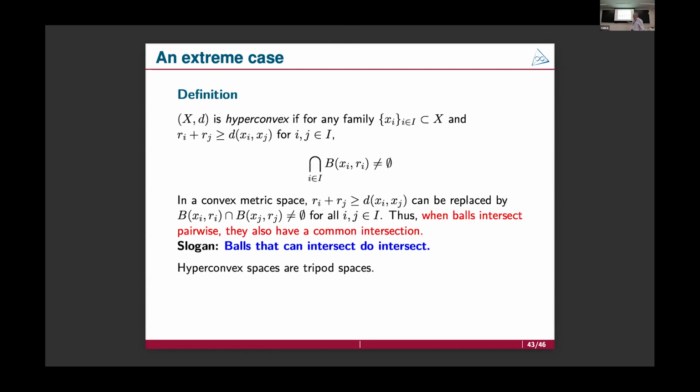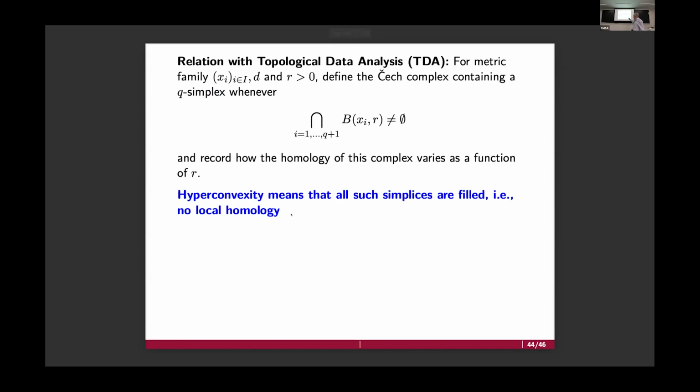Hyperconvex spaces are tripod spaces, but importantly, in a hyperconvex space, the Čech complex and the Vietoris-Rips complex coincide because all simplices are automatically filled. And so for us, this now is a basic comparison space. And then